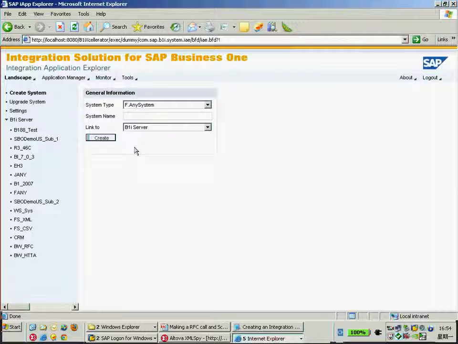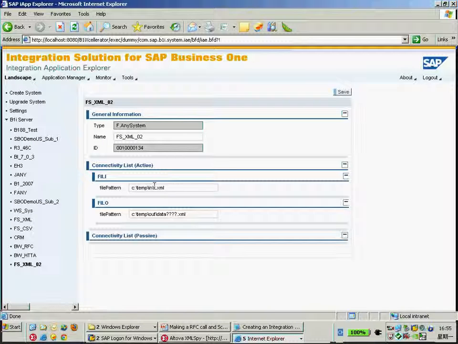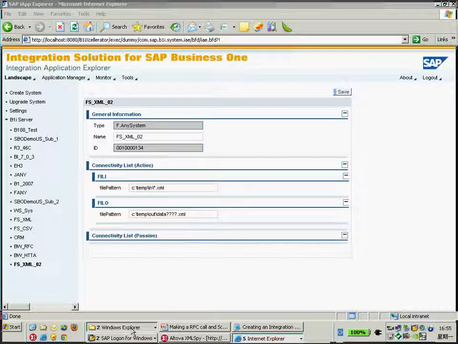So I just give the name file system is for XML, and number 2 because I already have another one. Okay, just click OK, and as a result, the system created file system 02 for me. And then what do we need to do? Just specify the file folder for the inbound